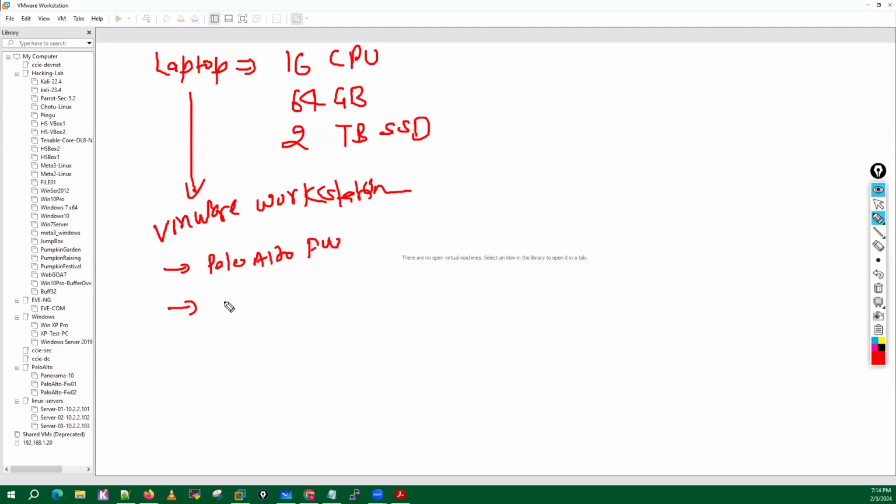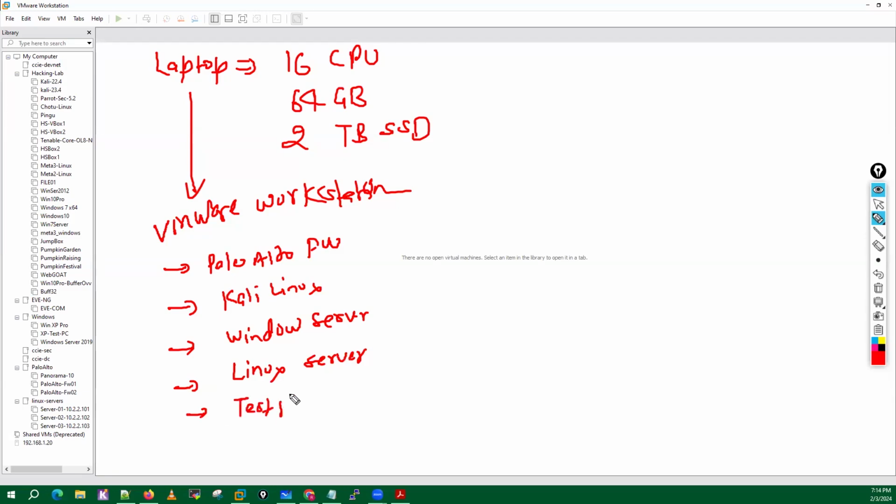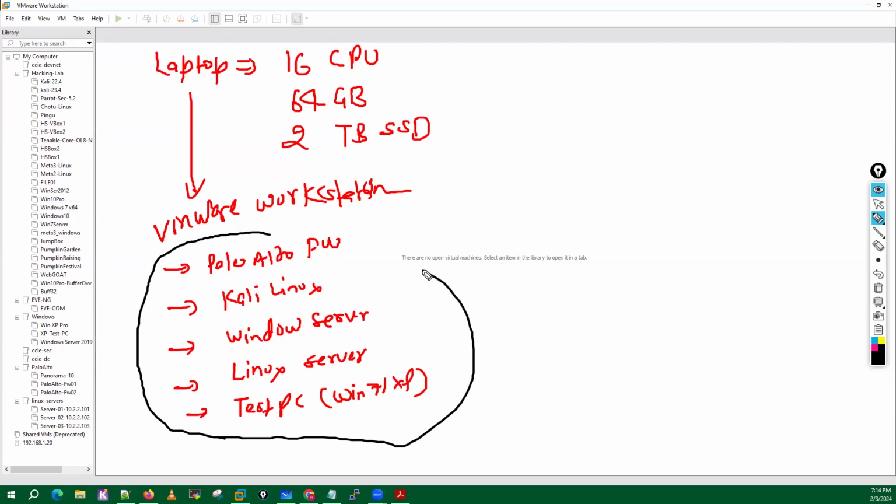Let's suppose I have installed one Kali Linux. I have installed one Windows server. I have installed one Linux server. I have installed, let's suppose, one test PC, which is your Windows 7 machine or Windows XP machine, right? And all these machines, these VMs which I have installed or deployed on this laptop with the help of this VMware software,